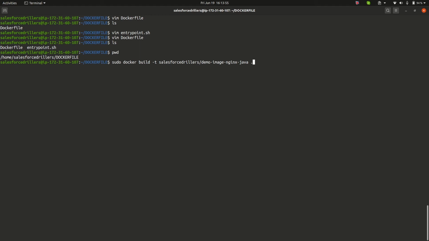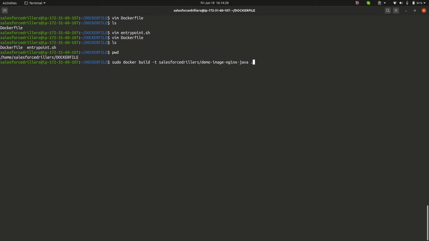If our Dockerfile is in another location, we will mention here sudo docker build -f, which means it will look for the file, and then we will provide our Dockerfile path. So this is the command that is used to create a custom image with the help of a Dockerfile: sudo docker build -t. -t means tagging, that is, with which name you want to tag your image. So this is our name; whenever our image is created it will be tagged with this name automatically, and dot means the present working directory where your Dockerfile currently is.